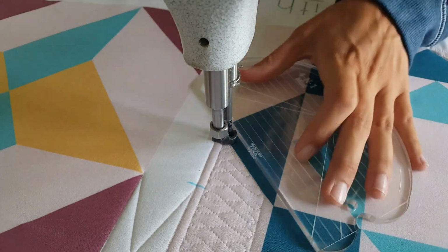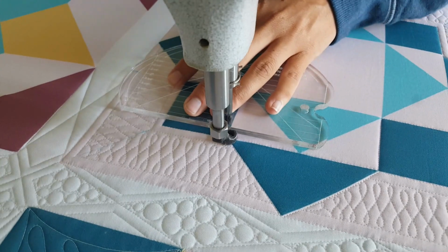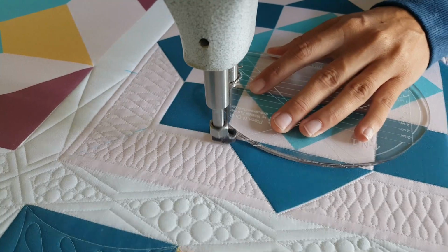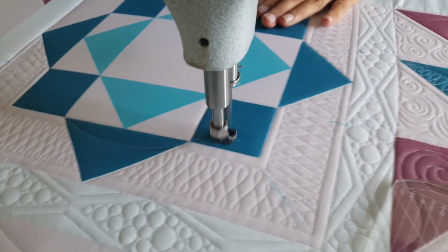Once I've filled in that section completely with the figure eights, now I'm going to travel by stitching in the ditch around those darker blue blocks. However, this time, let's just see what we can add to the blocks. In that top triangle, I'm going to use the largest curve on the mini 4-in-1 machine quilting ruler and stitch